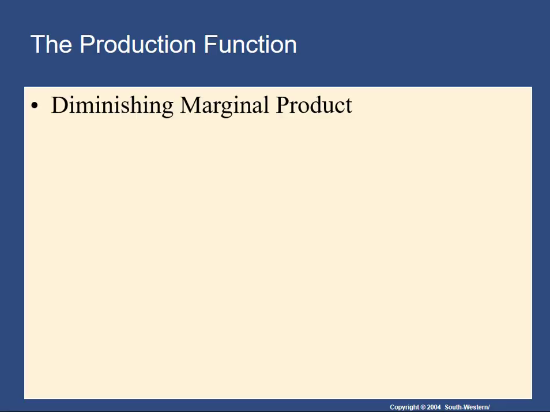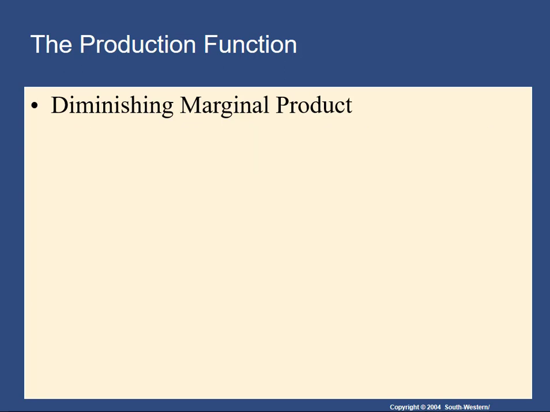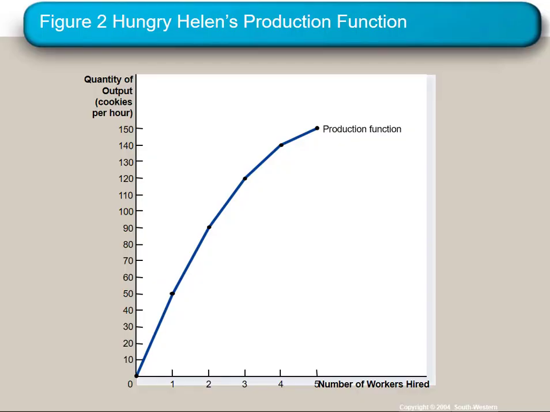What you see in our graph, again, is this idea that the slope of the production function is going to decline because each additional worker is going to bring less and less output to the firm. I'm going to go back to that graph really quickly so you can take a look. Again, as we're increasing the number of workers, notice that the slope of the production function is getting flatter.